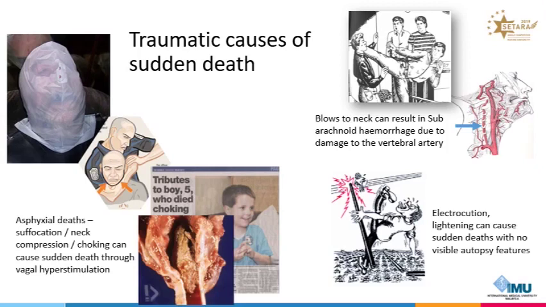Sometimes when there is a sudden jerky trauma to the side of the neck, there can be trauma to this artery, and this can actually lead to a subarachnoid hemorrhage, just like what I showed earlier, and that also becomes a sudden death. Scenarios like electrocution, again, are very important causes of sudden deaths because they just happen so fast, and sometimes if it's not witnessed,